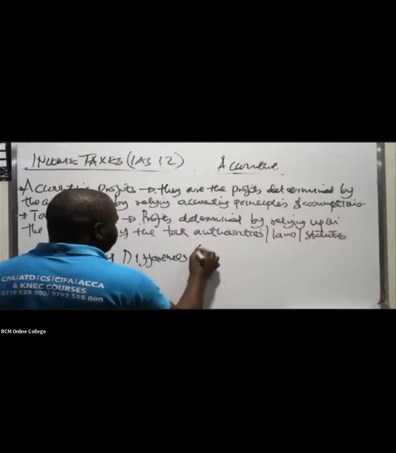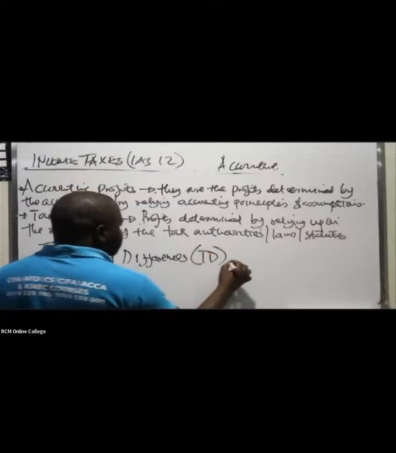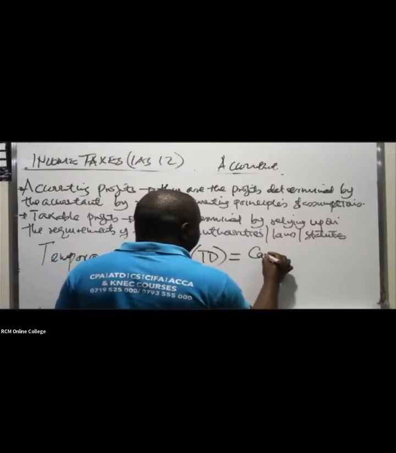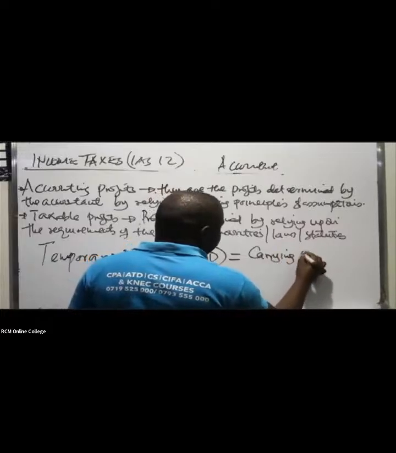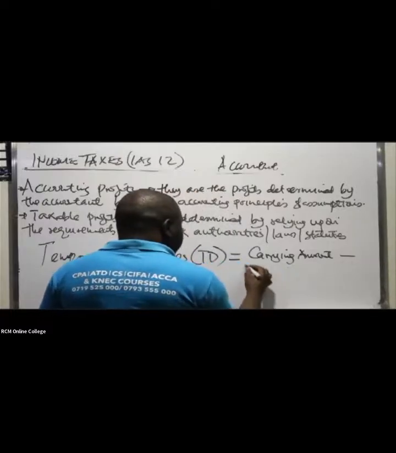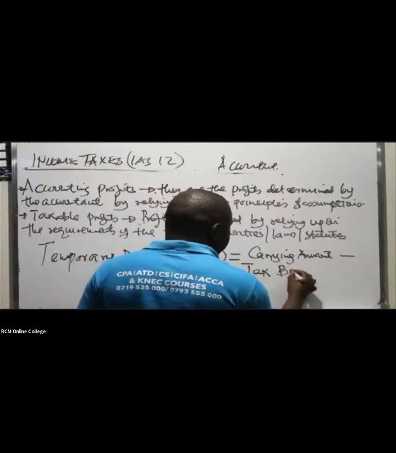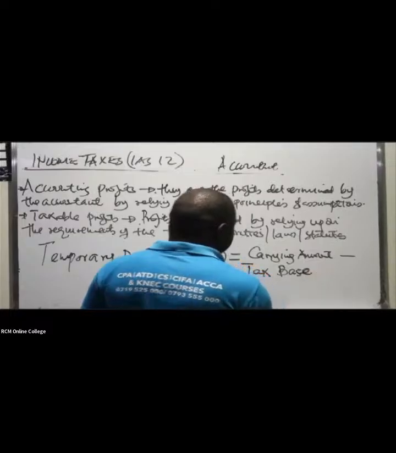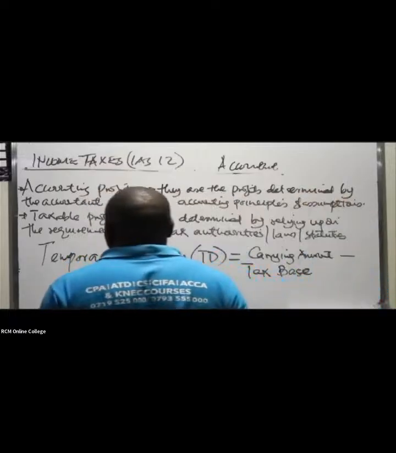In brackets, TD is equal to the carrying amount minus the tax base. You can write in very big handwriting that temporary differences is equal to the carrying amount minus the tax base. Another big handwriting: therefore, you write